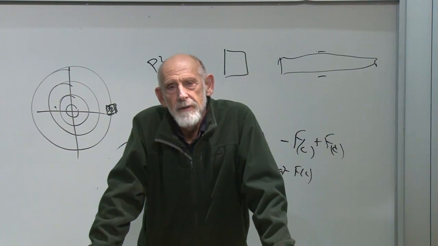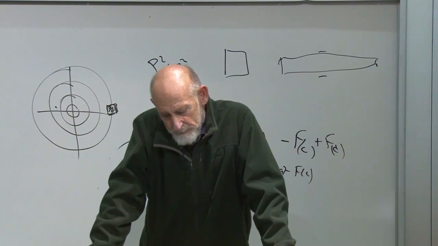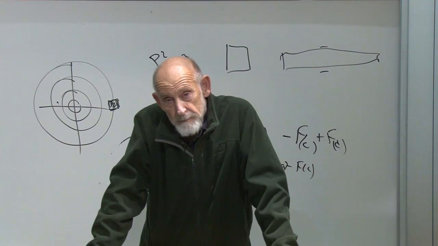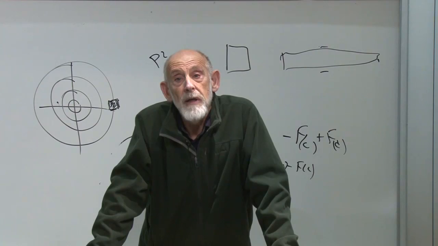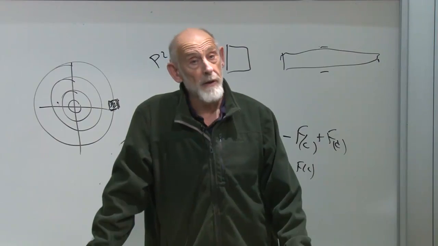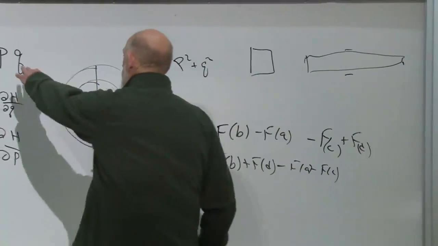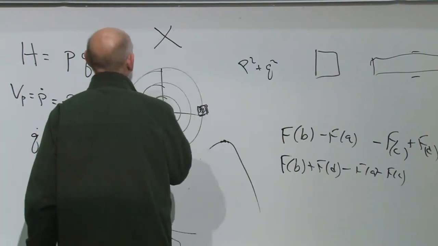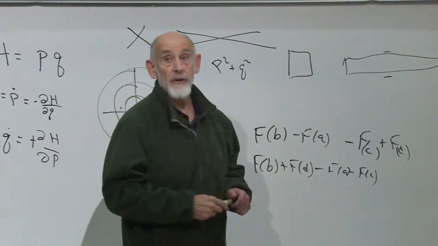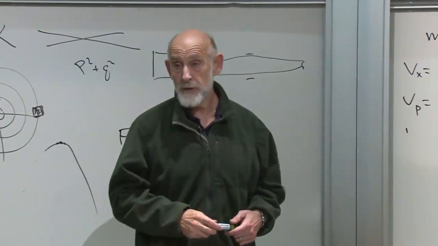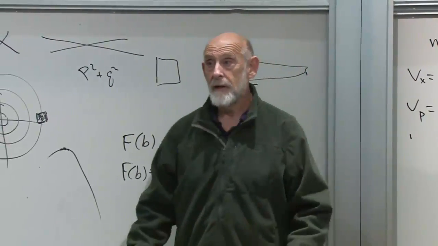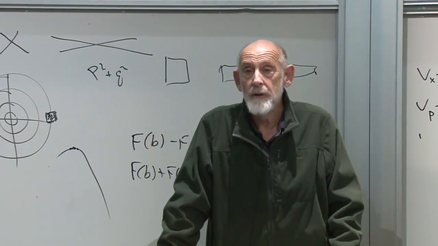Just looking for connections, Liouville's theorem says we preserve the topology of phase space. Does it preserve angles? No, definitely not. For example, in this case, if I took a cross like this and I evolved it, it would become a cross like that. No, it definitely does not say angles are conserved. Most definitely not. The harmonic oscillator is probably the only case where it's true, and that's an unusual case.